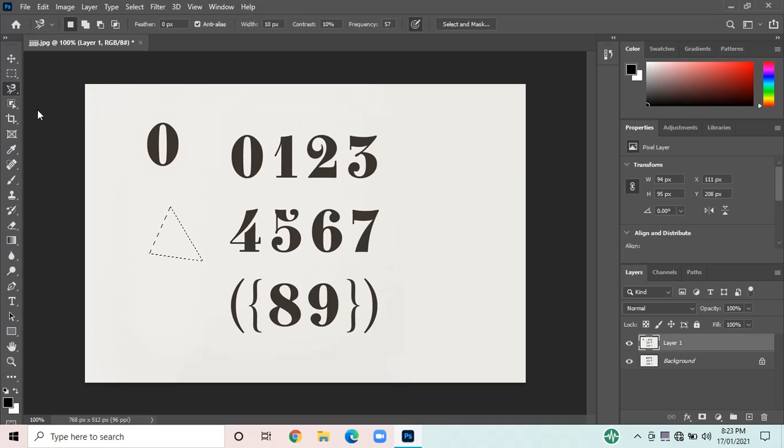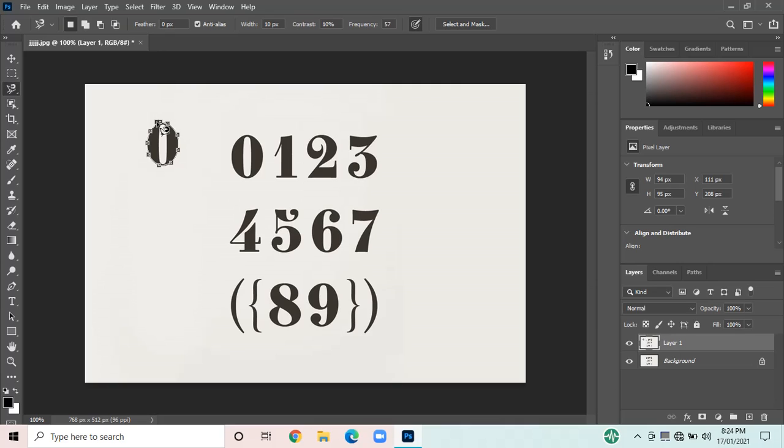Then we have the magnetic lasso tool. The magnetic lasso tool gives the selection as per the boundaries. As you can see over here, it does the selection as per the boundaries. Now I don't want the region in the 0 that is inside, this white patch. So I will click there and press the Alt key, since I don't want the region to be included.